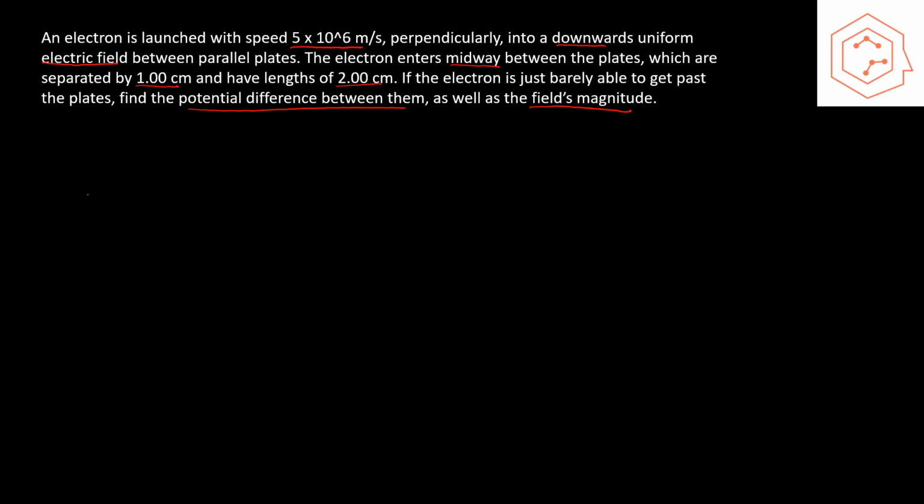So, we have 2 parallel plates that have a uniform electric field going downwards. That tells us that the top plate is the most positive. The bottom plate is less positive, or we'll just call that negative. The separation between the 2 plates is r equals 1 centimeter,